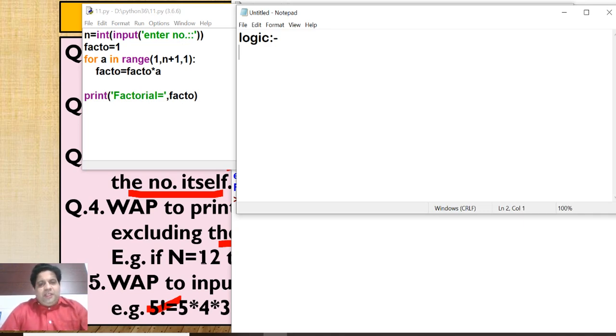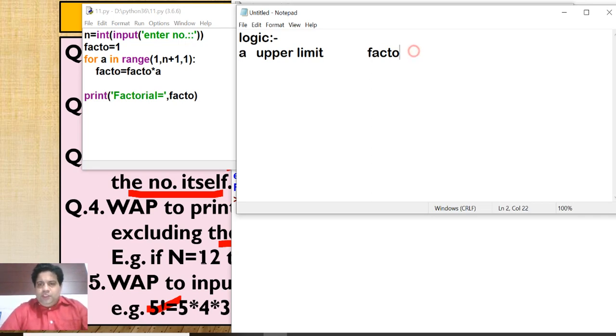A lot of practice means practice in a rough copy. Okay, no need to use a computer. If you have a computer, then very good. But even if you have a computer, you should practice the program in a rough copy and then type it in the computer. Okay. Now the logic. Here see the logic. Here A, then I am writing facto. Now here A, and here the upper limit is, and here facto.